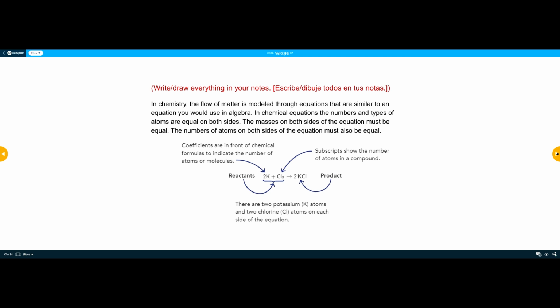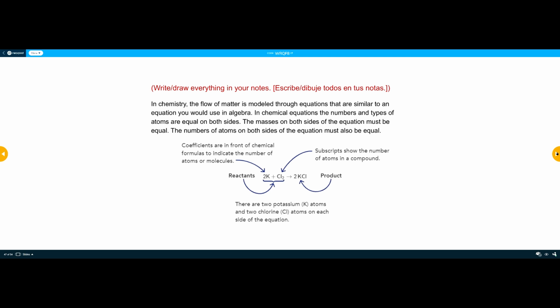In this example, we have the number 2 as a coefficient next to the letter K. This indicates that there are two groupings of potassiums. Now, since in this case, potassium is not necessarily a compound because there's only one of them, there's no subscript, then we simply multiply 2 times 1, which means there are 2 potassiums. For the chlorine, in a similar manner, there are a total of 2 chlorine atoms.